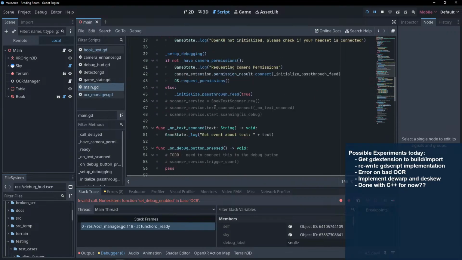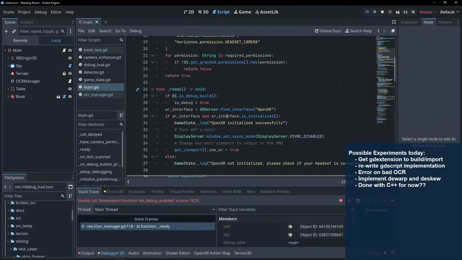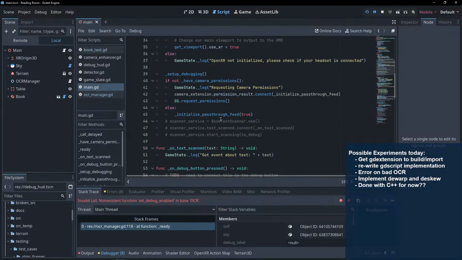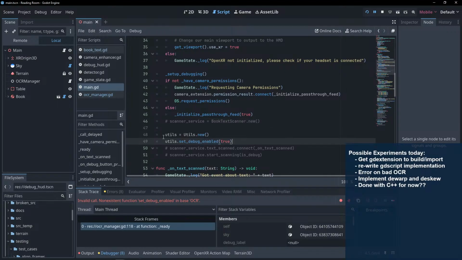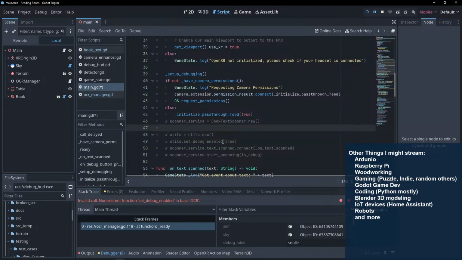here, where we do our initialization with the scanner, I'll probably just do this on the scanner instead. So the scanner should be the one being told whether or not we're doing debug. That's going to be our source of truth.